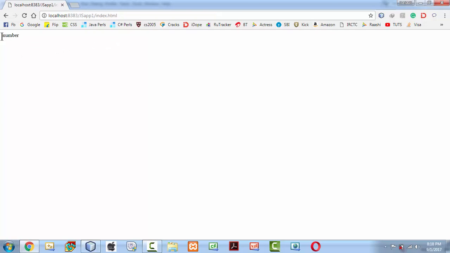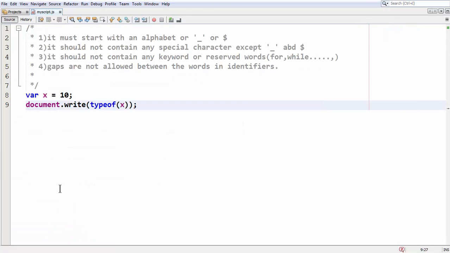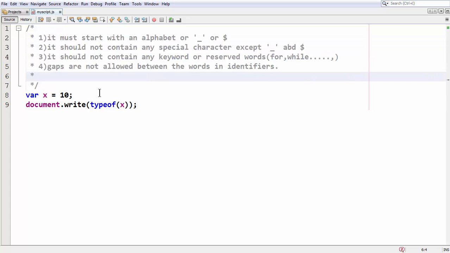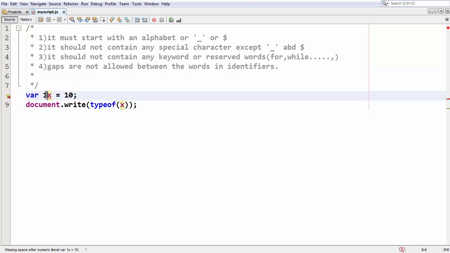Okay, so typeof is number here. If you observe, the output has been decided as number. So here, if you violate any of the rules while defining an identifier, and an identifier can be a variable or an object or a function name, it can be anything, then automatically